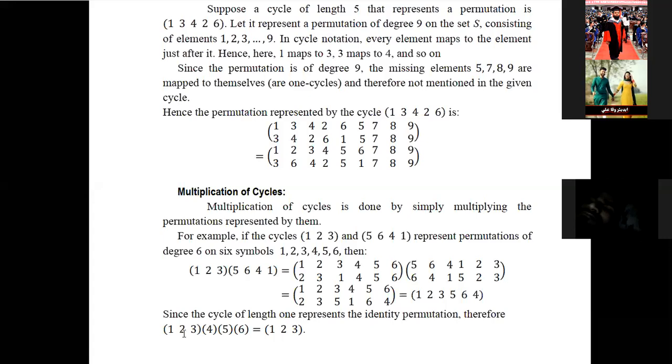Because in the identity permutation, 1 maps to 1, 2 maps to 2, 3 maps to 3. Now here, just like (1, 2, 3) is one cycle, other elements are fixed. You can write it in this way, or there is no need to write the fixed elements, 4, 5, 6. It means these are the fixed elements. Then this is equal to the same (1, 2, 3).